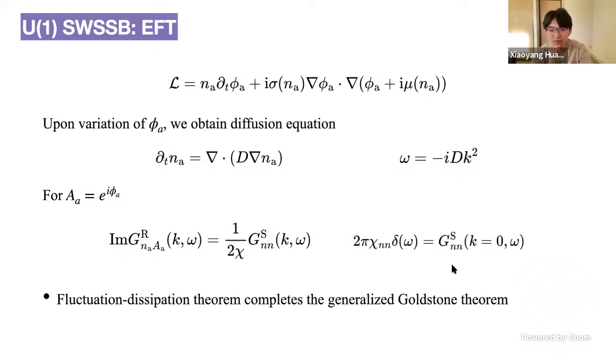If you want to get a massive mode, you can also do it in this effective field theory, just by adding a phi A quadratic term to that equation. Without gradients, you get a phi A quadratic term, but you also need to make sure that the generalized temperature symmetry is preserved. So you get a non-gradient term with the chemical potential, which will give you the gap for your diffusive mode. That is an analogy I think would answer the question. So it's m minus i D k squared instead of i D k squared.